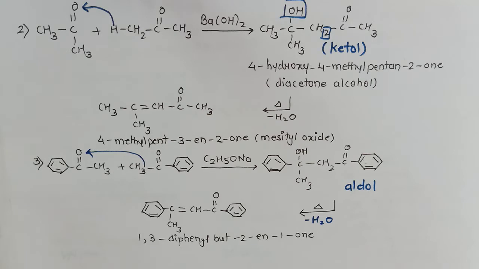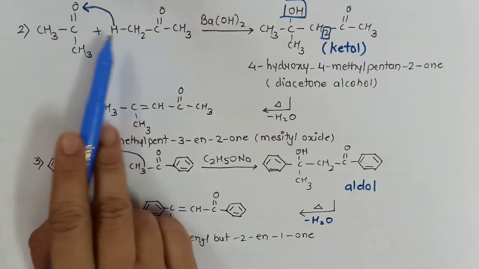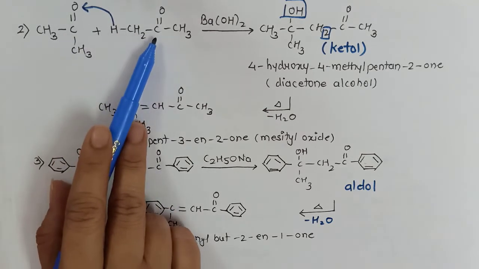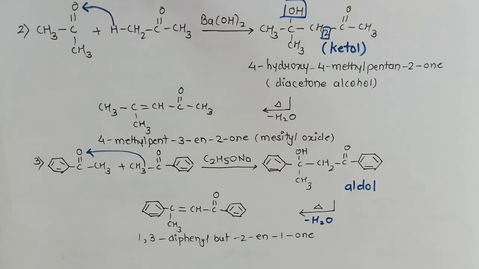Now the question is, up till now we have discussed aldol condensation where both reagents were the same, that is, I was taking 2 moles of aldehyde or 2 moles of ketone. Now can we take a different aldehyde or different ketone and carry out the condensation? Yes. So the name is cross aldol condensation. Let us discuss that.